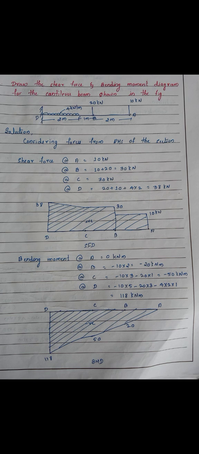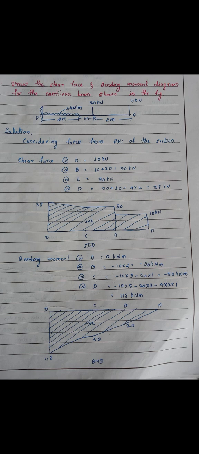And whenever we are drawing the bending moment diagram, we need to consider some points. When point loads are acting along the beam, the bending moment diagram will be an inclined straight line. And here at A and B, point loads are acting, and your bending moment will be an inclined straight line. In the same way, B to C will be an inclined straight line only. And when a UDL is acting on the beam, your bending moment diagram will be parabolic, and that's why we need to join C to D as a parabolic curve. So D to C is a parabolic curve, and C to A is an inclined straight line.